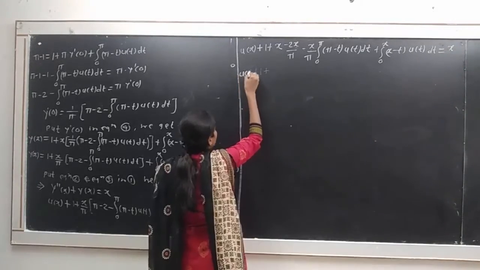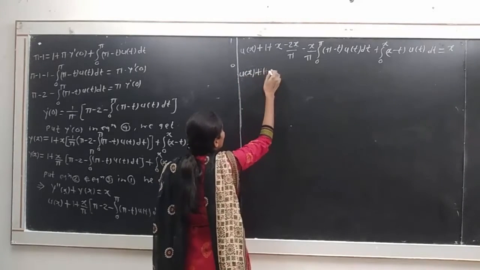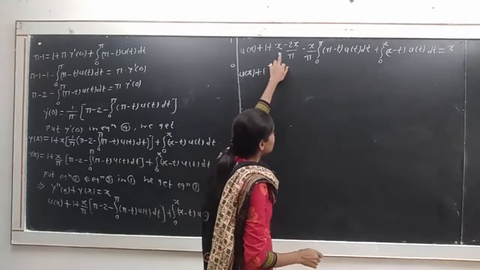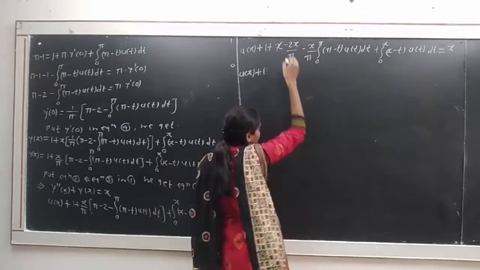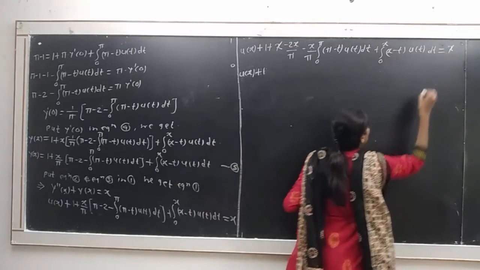We get u of x plus 1, this plus x and this x will get cancelled and we